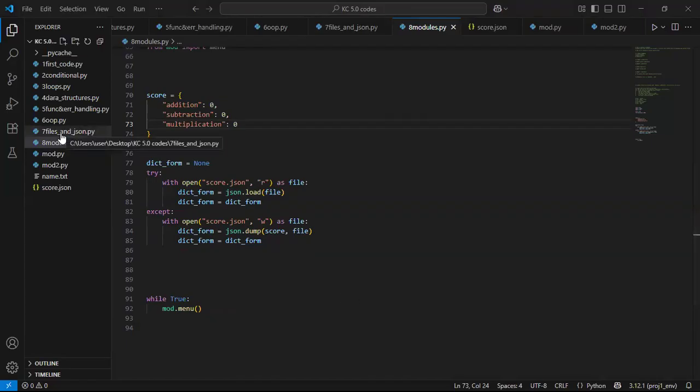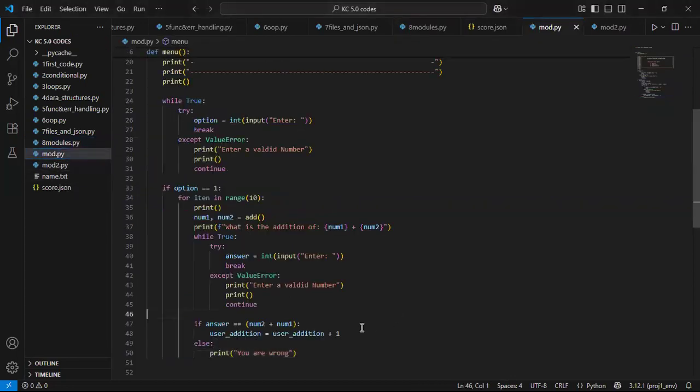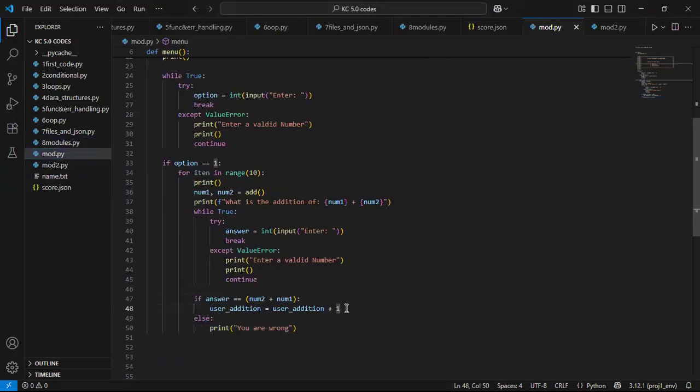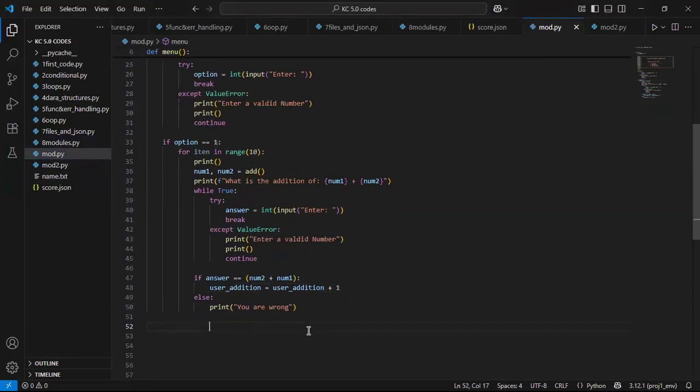So now that we have this, when it gets to 10, then I want to do what? I want to save the final score, right? I want to save the final score to addition. Okay, and then if there's need to play again, then I can take you back there. All right, so let's go back again to mod and let's see. So what I want to check is that, so I keep doing this. So basically what I want to check again, before we go back again, is that I want to check if